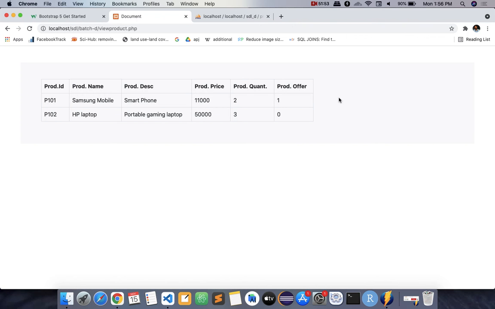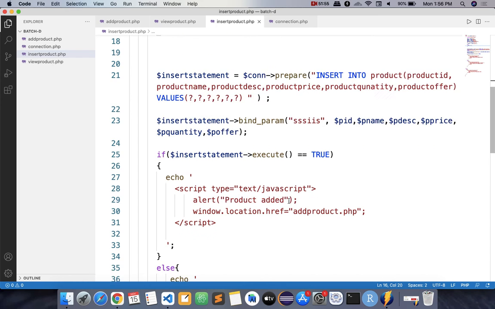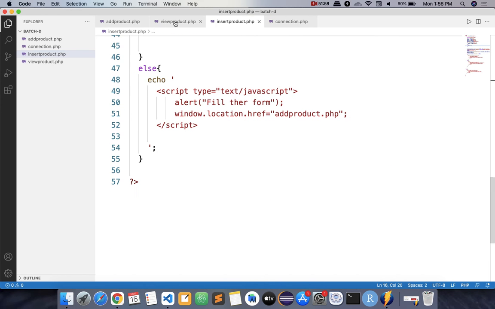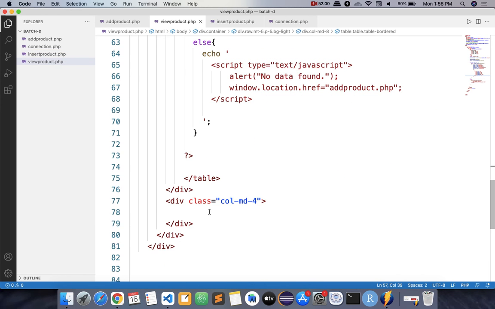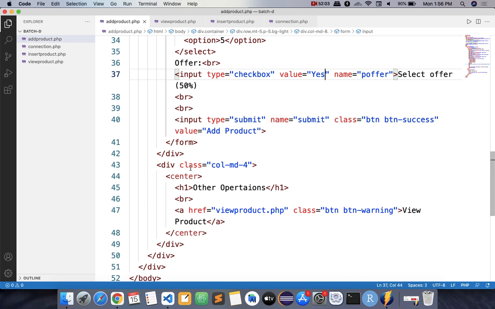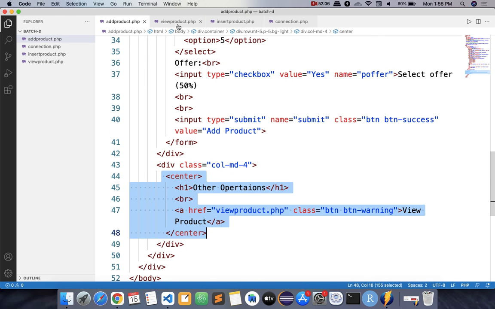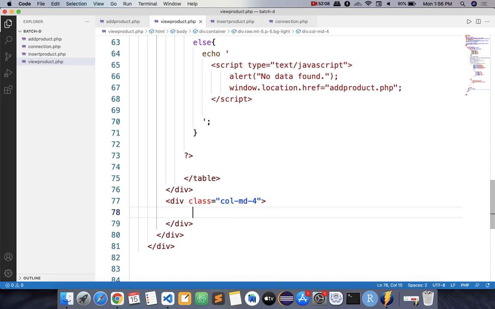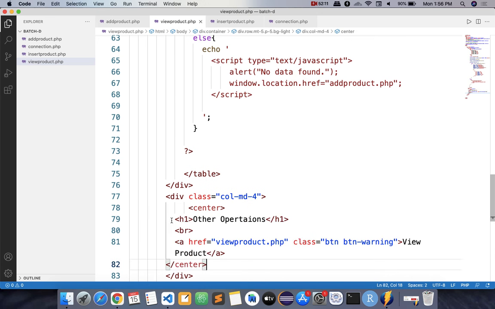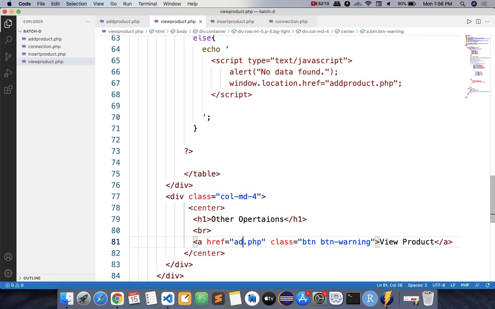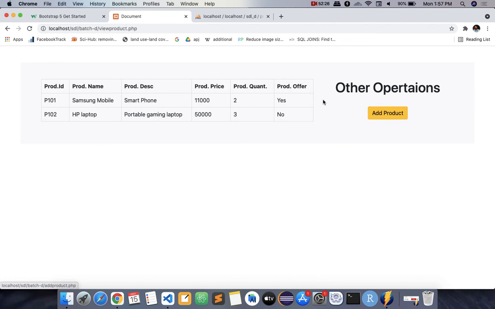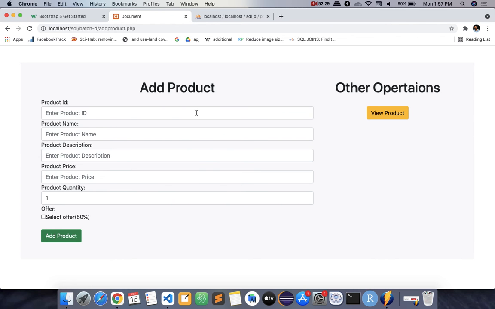And we add a product. But we need that add product button here, right? Okay. So where is your design? In the view product, in the 4th column here you want that, right? So you can copy this entire code from here, paste here, and instead of this you want add product, right? Add your product.